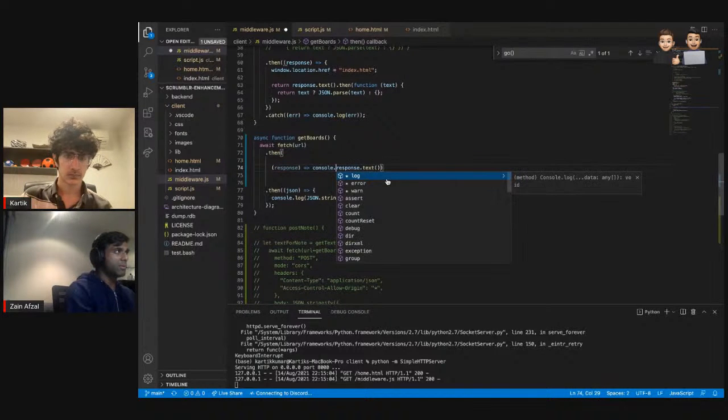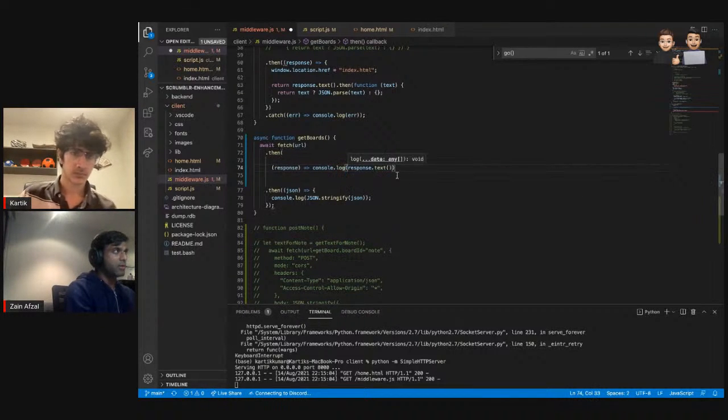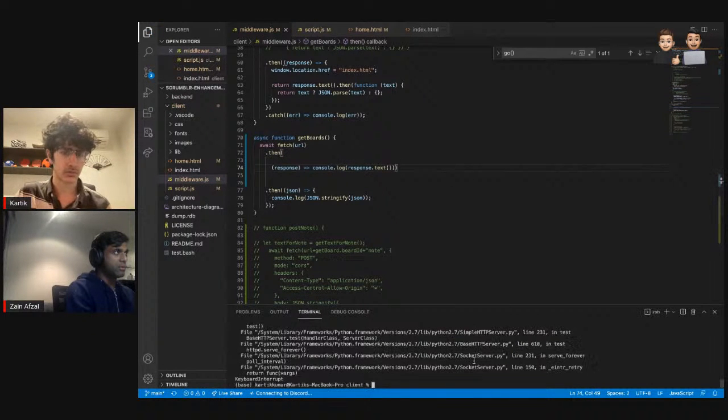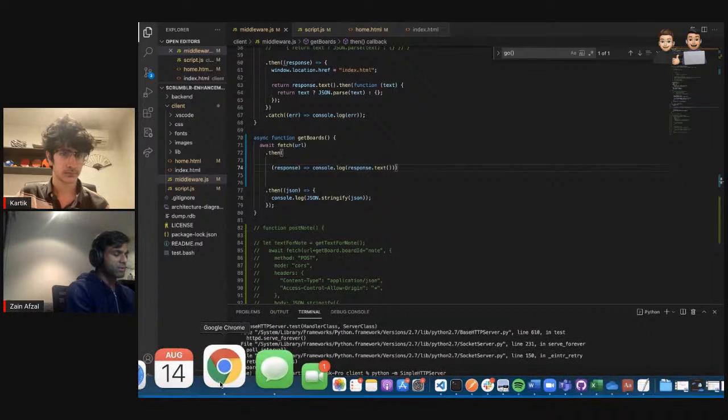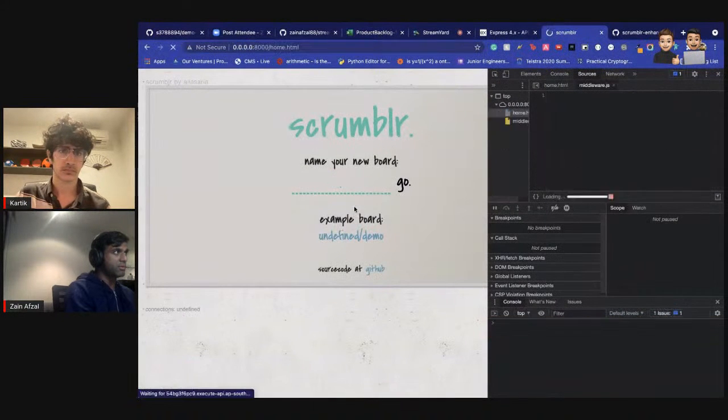Console. Check that, that should do the job. Let's see, status in fetch API.